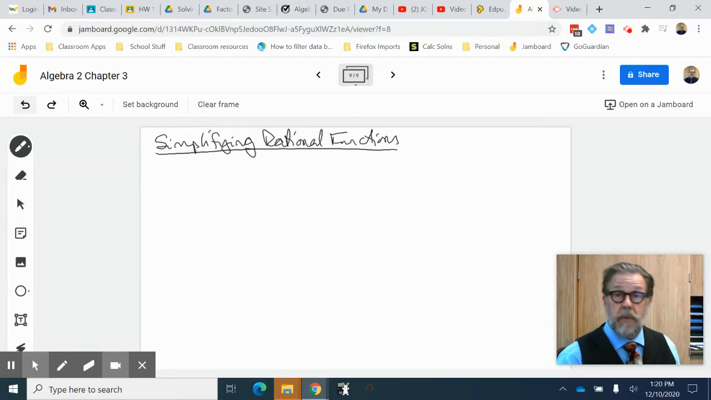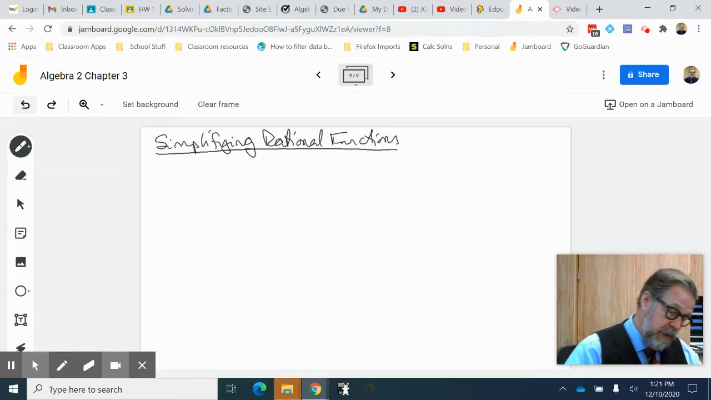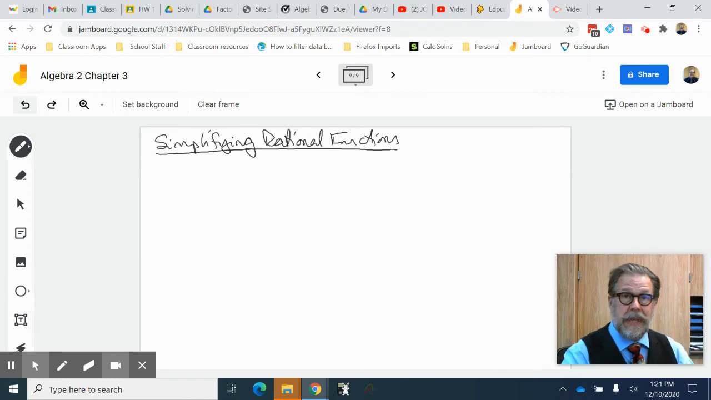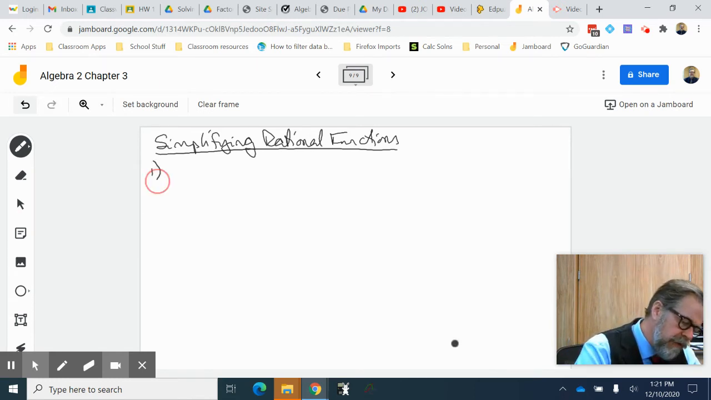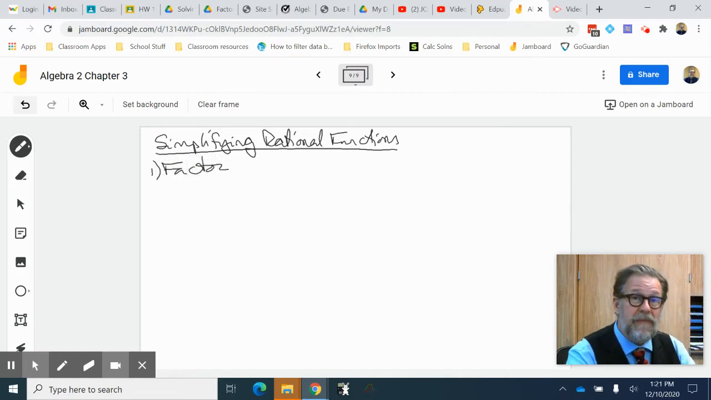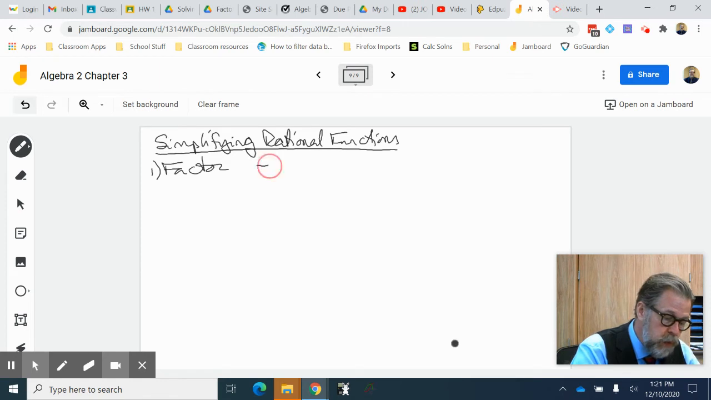All right, so let's continue with our discussion of simplifying rational functions. There's just a couple steps that we're going to do every single time. The first one is going to be to factor. When you're dealing with rational functions, the first thing you want to do is factor, because when you factor, you can identify